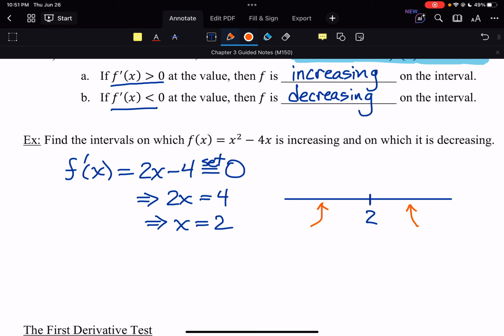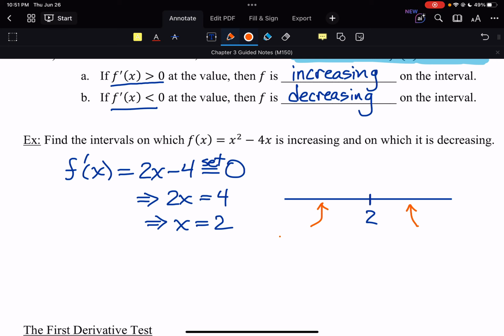So we can pick any values we want around 2 on either side. There's not necessarily any restriction on what we can choose in this case. You can pick numbers as far away from 2 as you want, but generally we want to pick the easiest numbers possible. So on the left over here,